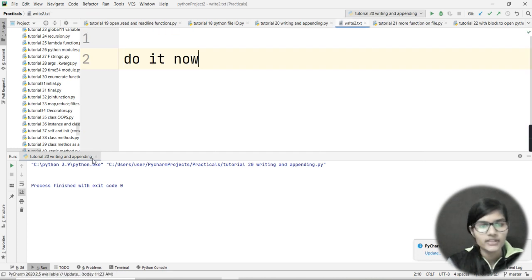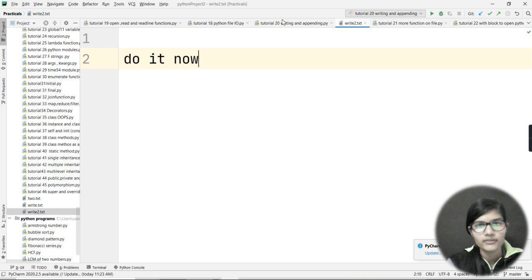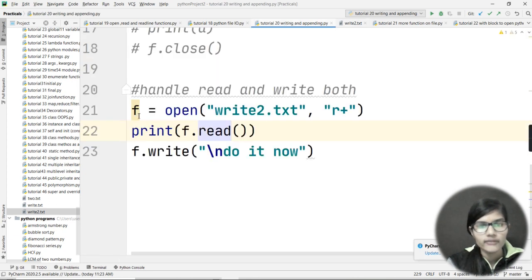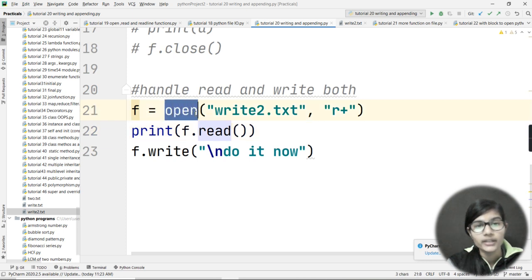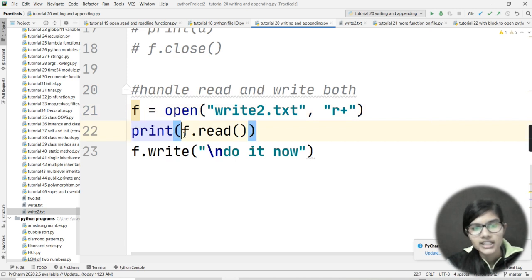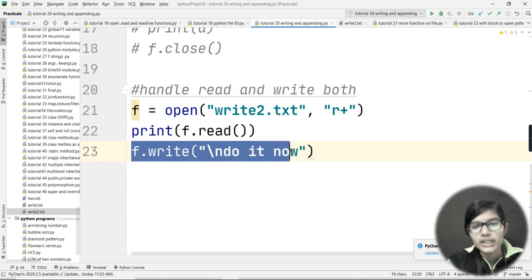So f is equal to open, open the file in the read and write mode. Then I print f dot read. I read the content which is written in my file and I wrote do it now.